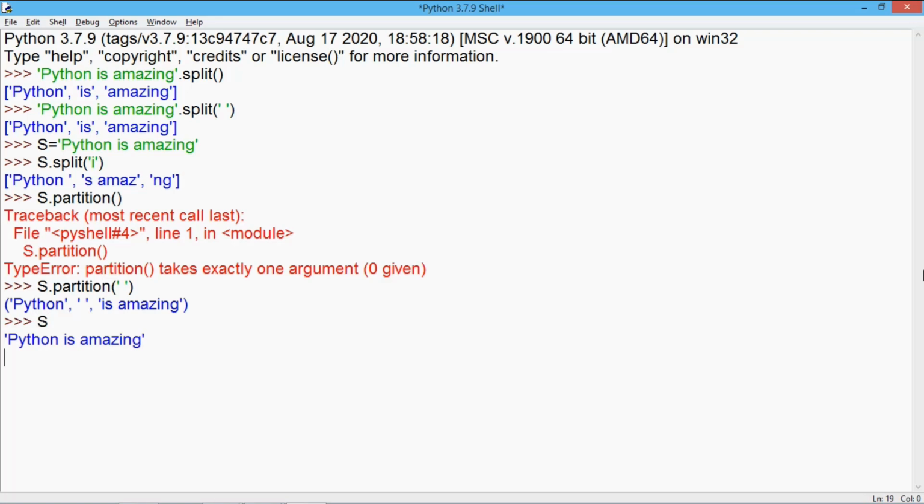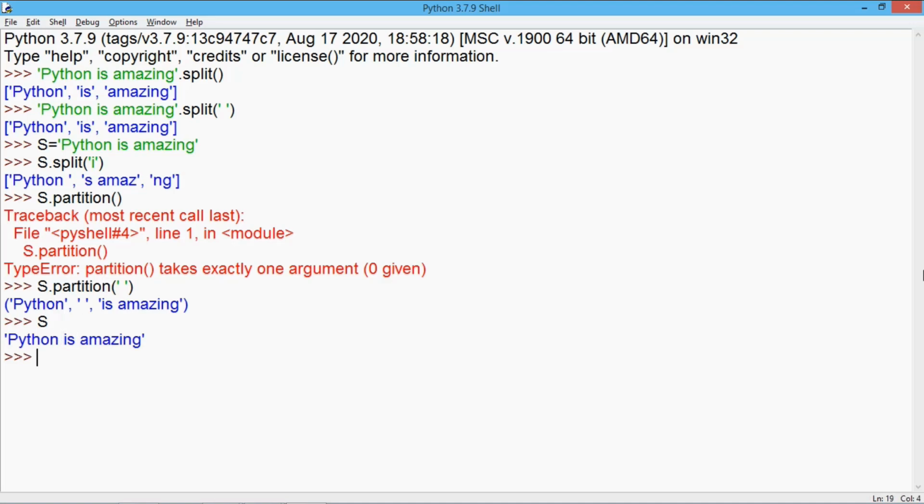Now in the variable s, you can see the first time this space occurred, what came before it was created as the first element. The next is the space, and then the rest of the part becomes the next element of the tuple. It does not even check the next occurrence of space because the working of the partition function is to split the words at the first occurrence of the separator. That means the space given here. So in the result you can see space has also been mentioned because it is a separator.